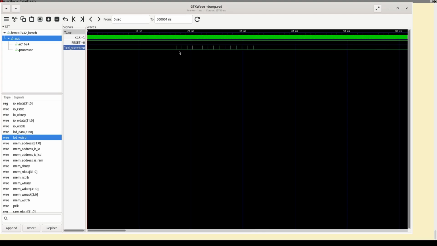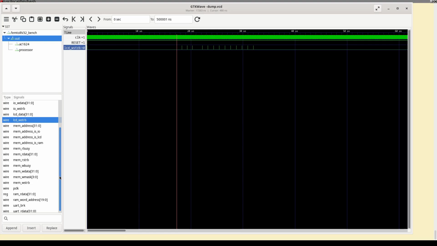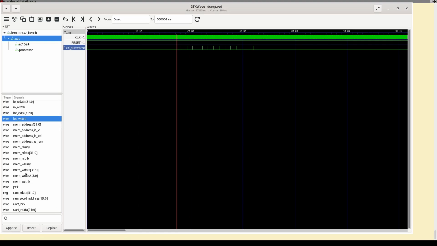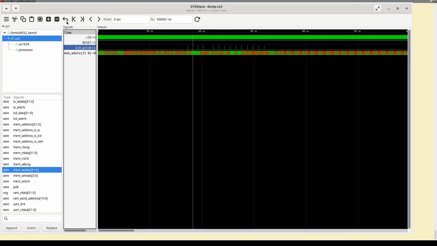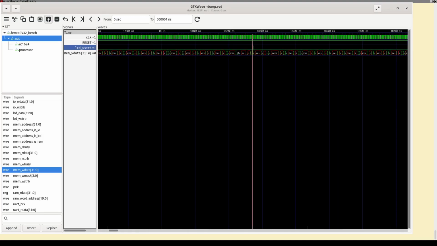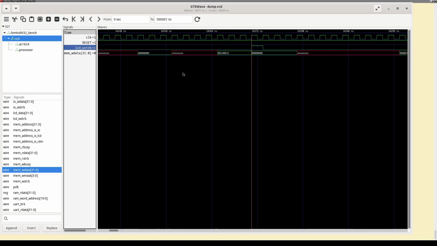And at some point we had this part here. This is a write strobe to the LCD. So if you remember, there was a message that was put in the LCD. So then let's see what is written to the LCD. Memory write data, we can put it here. There are some red things, it's okay. Next, and let's do a zoom in. So here we can see